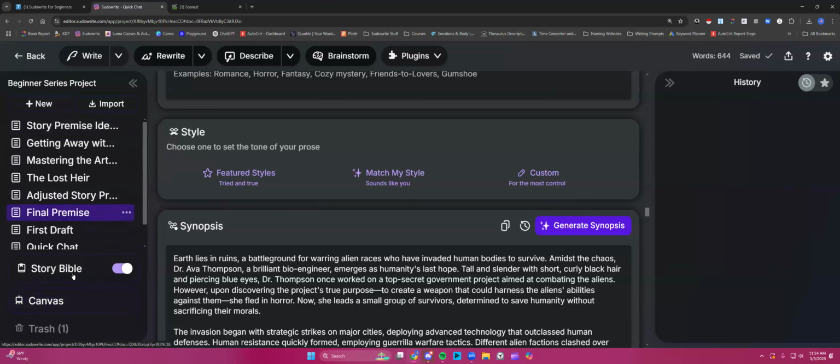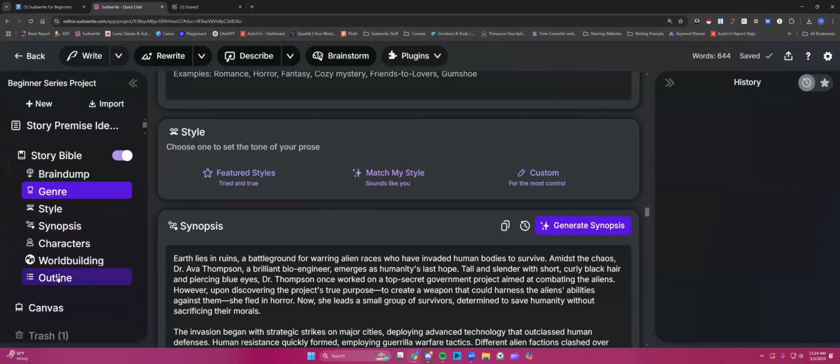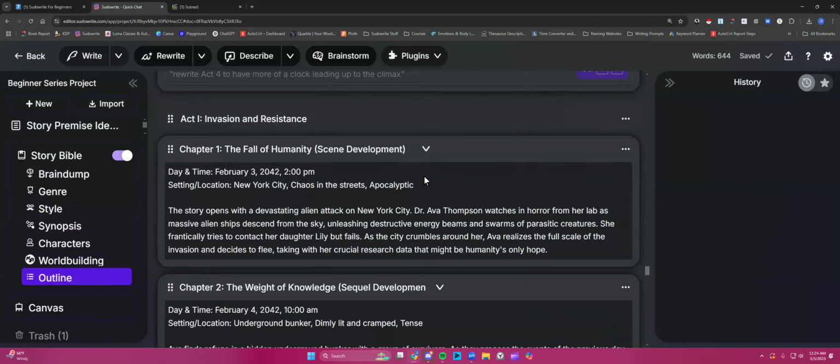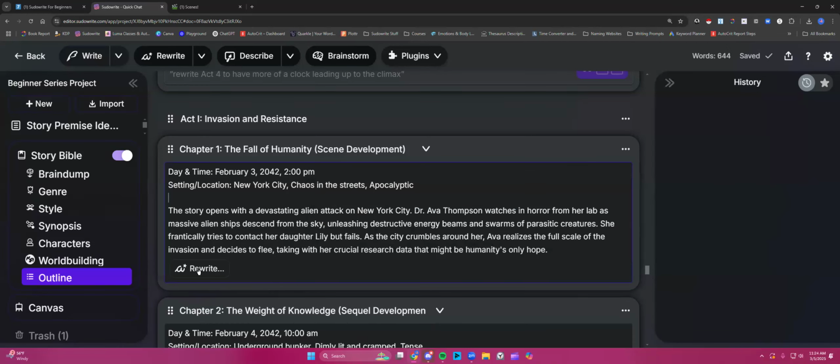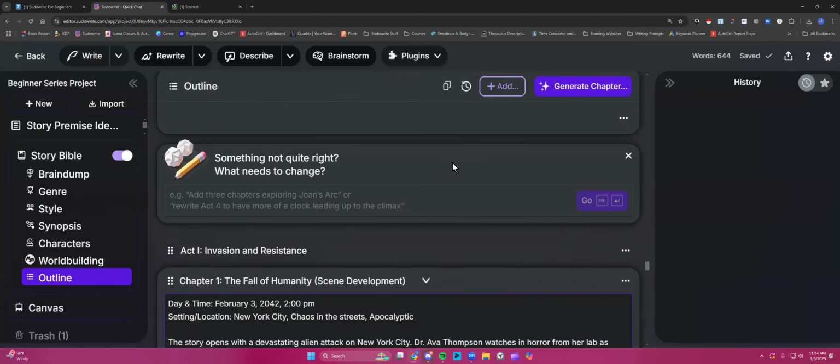So you have 2 options to generate that chapter. One, I can click these 3 dots and I can click for it to create. And of course I can rewrite all those little things I pointed out under the outline things where you can rewrite, fill in, all of those things. So I can rewrite this chapter there or here. If it was empty, if I added a chapter,